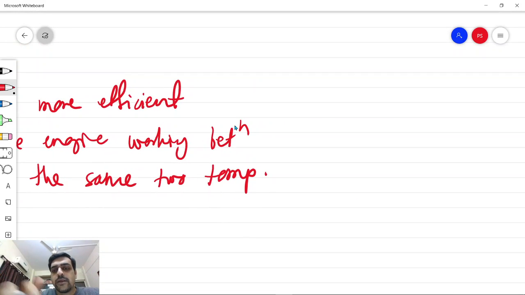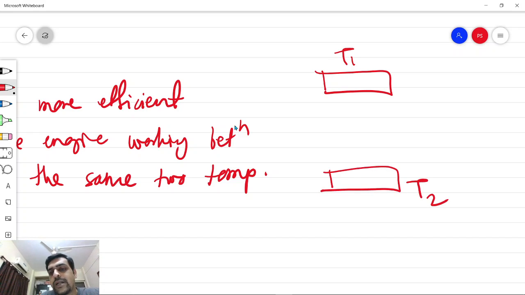That is, if we consider a source at temperature T1 and a sink at some lower temperature T2, and then if we have an engine which is a reversible engine